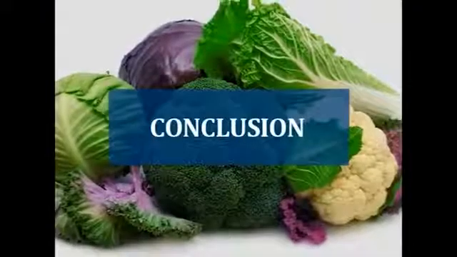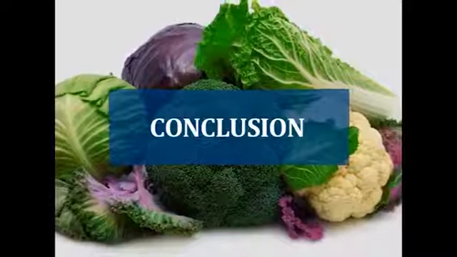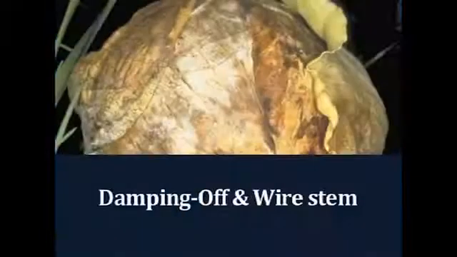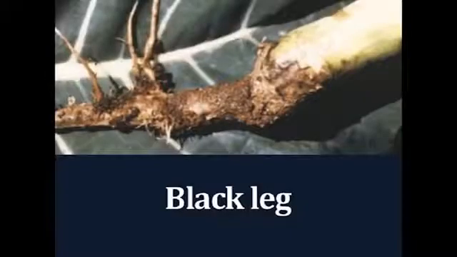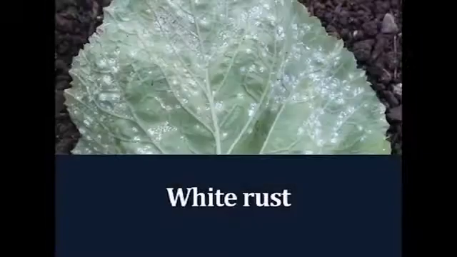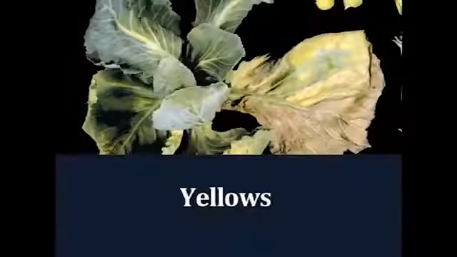Now coming to the conclusions of the topic. Cruciferous plants can be protected against diseases by physical, chemical and biological means, or by their own internal barrier known as disease resistance. Important diseases of crucifers are damping off, black leg, club rot, Alternaria leaf blight, white rust, yellows